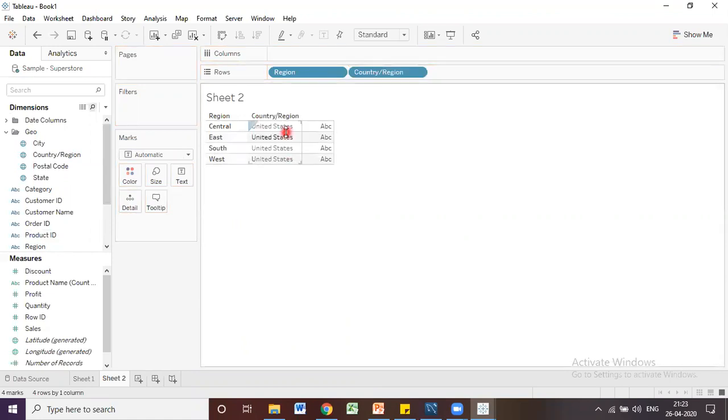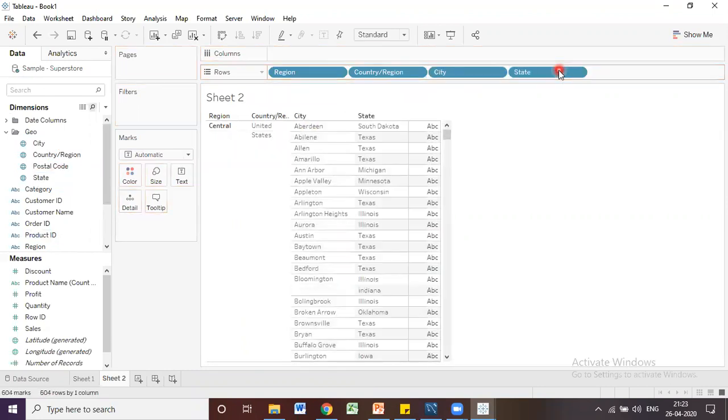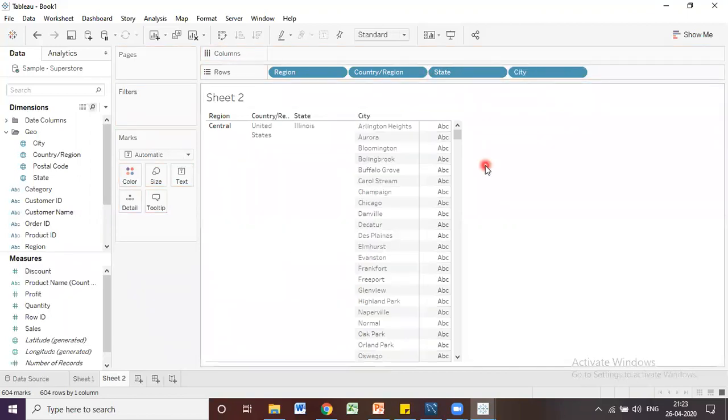We have only one country, so that's why it is showing city and state, right? Sorry, under state, city will come. Okay, so this is the hierarchy: first region will come, then country, then state, and then city. So this is the hierarchy from higher level to lower level.